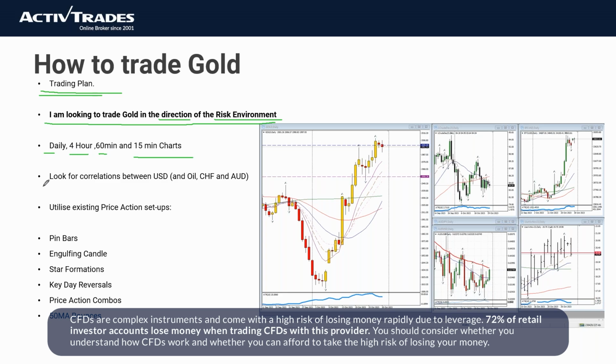And what we're looking for is correlations between the US dollar, oil, Swiss franc, and Aussie. Remember what we said there, okay? When we're in a risk-on environment, we're going to see gold drop, we're going to see oil rise, we'll see Aussie rise, and we'll see Swiss franc drop. And the flip side, when we're in a risk-off environment, we'll see gold rise, oil drop, Swiss franc rise, and Aussie drop. So all of these elements can help us in identifying the environment